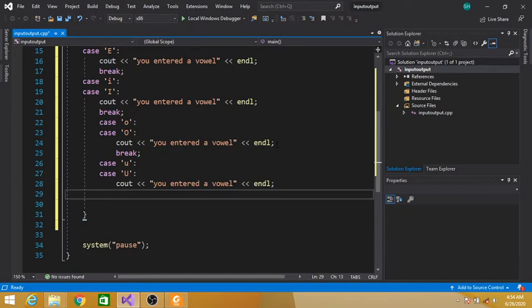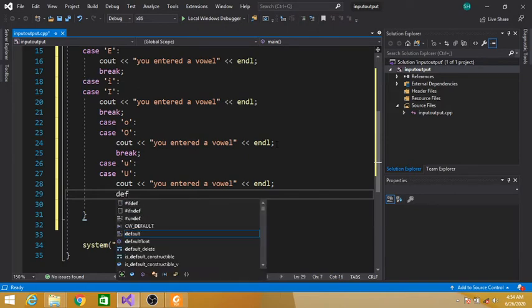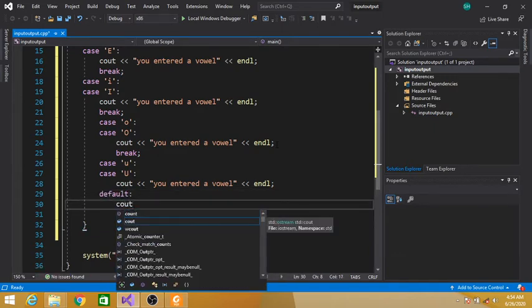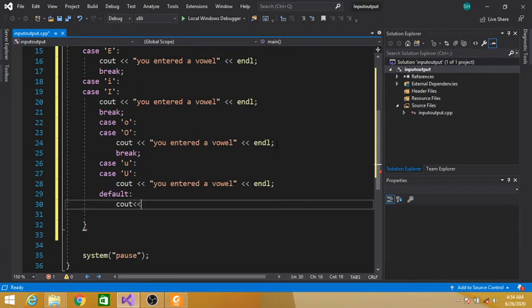Now our default case: if the user does not enter a vowel, then what do we have to show? Cout, you entered a consonant. So what is a consonant?